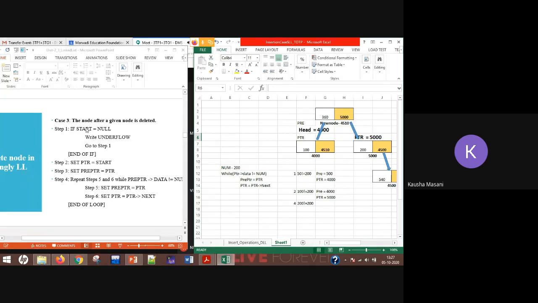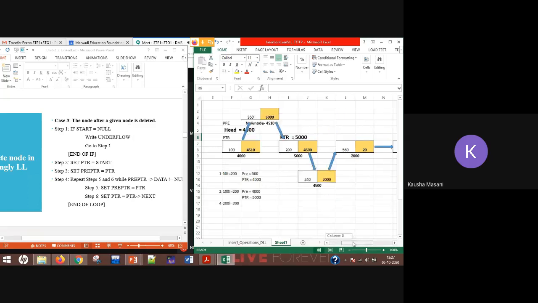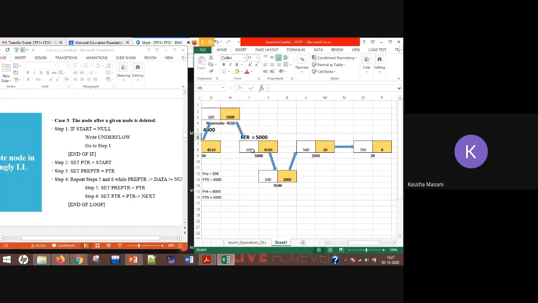Now, what is the algorithm about? A node after a given node. Okay, so you need to take the input from the user. That exactly after which node you want to delete, or you can say specify the node after which you want to go for deletion. Okay, so let's say the user enters the node to be deleted is 200.